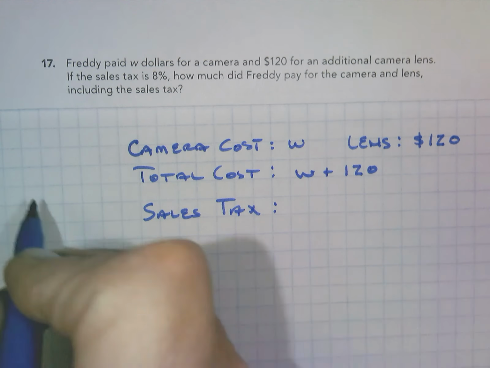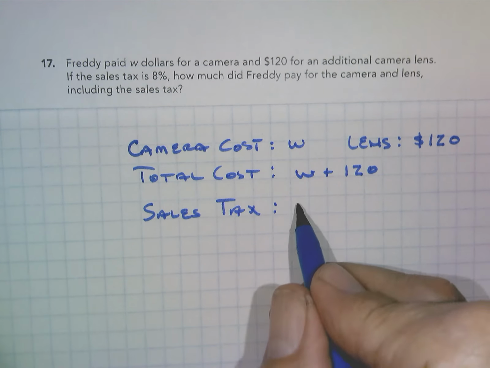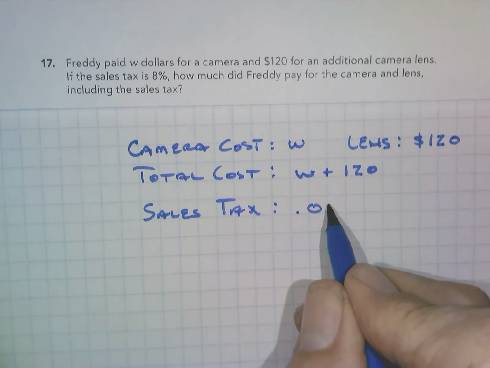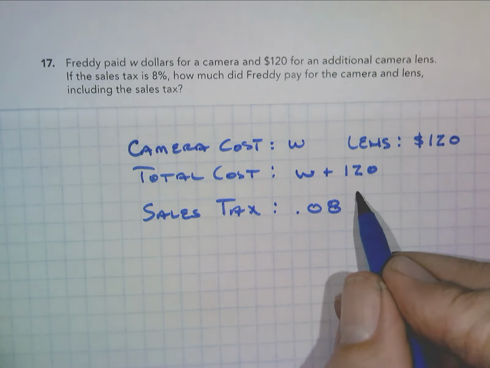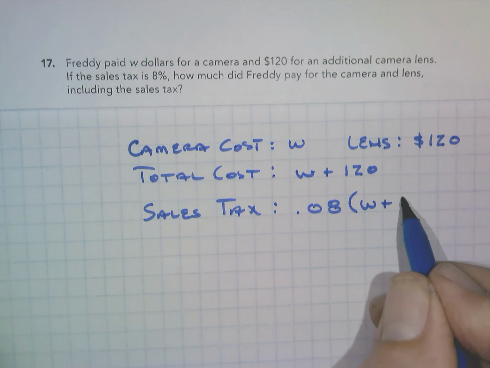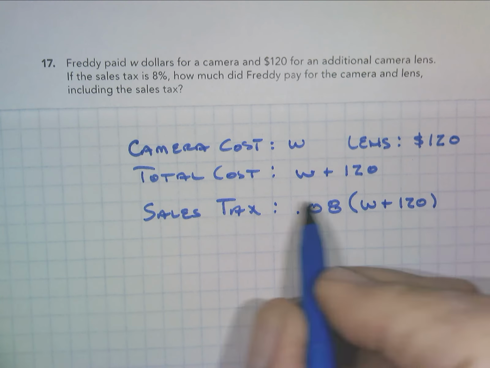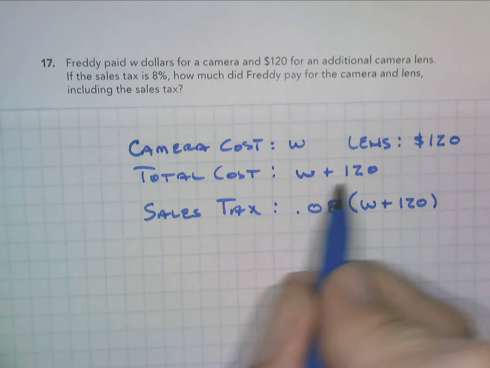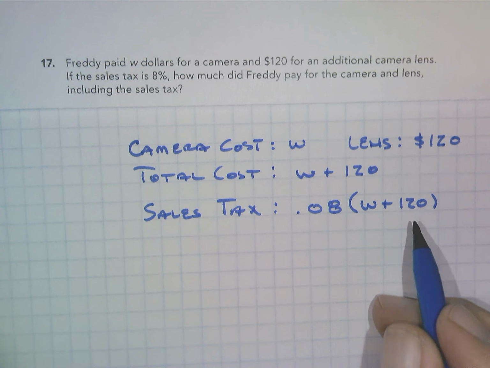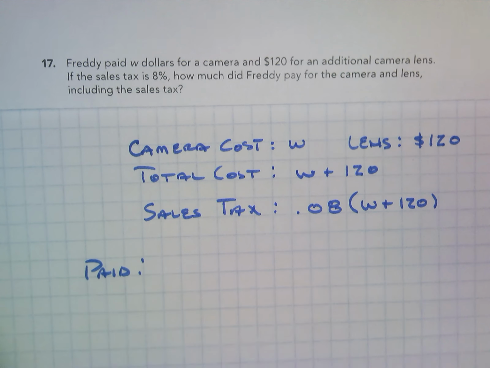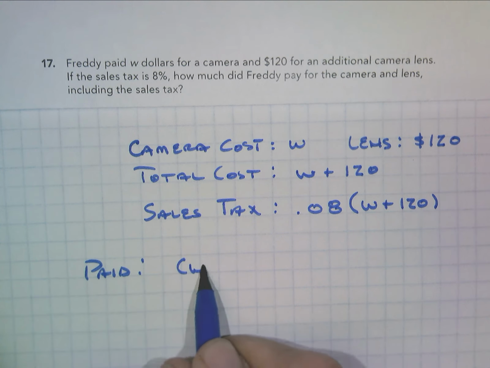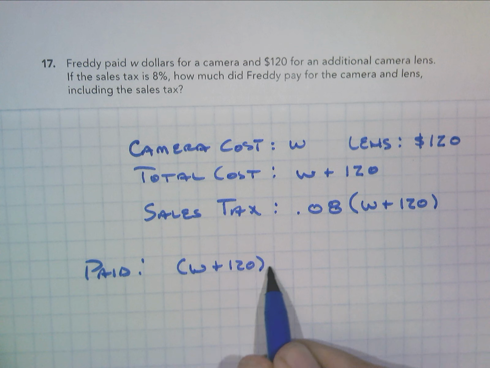And again, we are going to use 8% as 0.08. 0.8 would be 80%. 0.08 is 8%. W plus 120. So here we have the total cost of the camera and the lens, the sales tax, and to figure out the amount that he paid, we have to take the cost of the camera and the lens and add to it